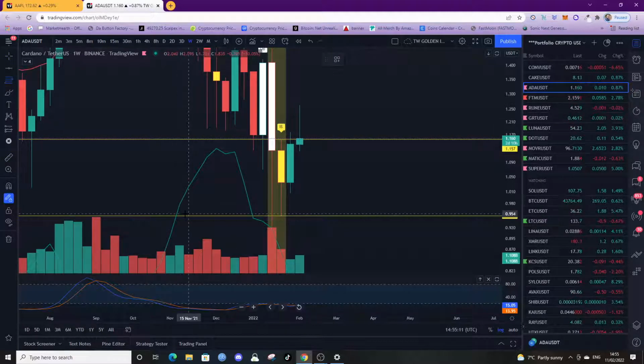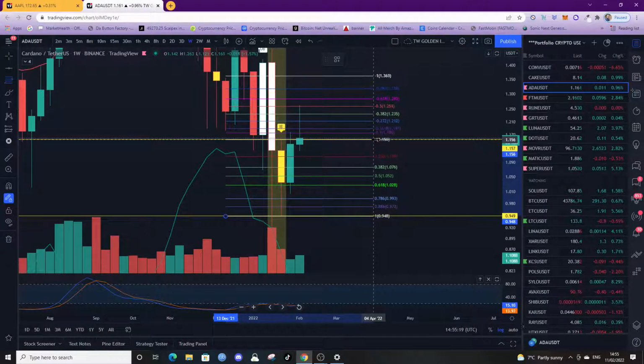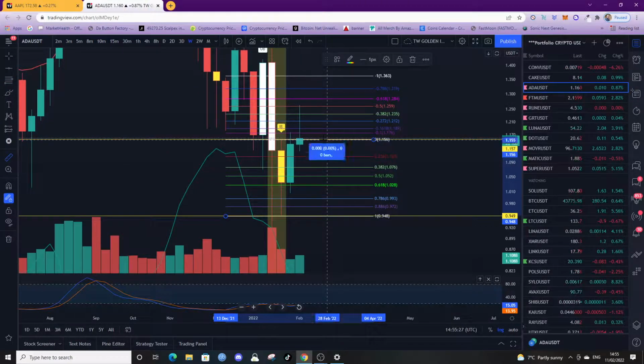So you take the low to the high of this inside candle here. It's hit the 50%. So if you bought the break here, it's still 10%. Yeah, okay, it's not huge as far as crypto goes, but